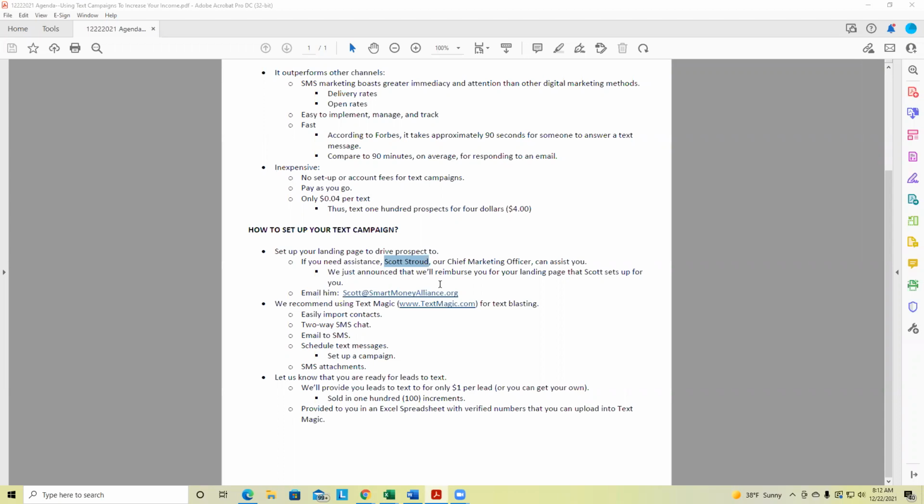It's a no-brainer, right? As a white label partner, you're going to gross around $12,500 per new access to capital client. Why in the world wouldn't you share $100 of that with someone that would refer leads into you? And you might find that some of your clients are really tight on cash flow, and they would refer people in for you to pay them $100 a pop. So again, if you have not set up a referral partner campaign, I strongly recommend getting with Scott. He can help you set that up.